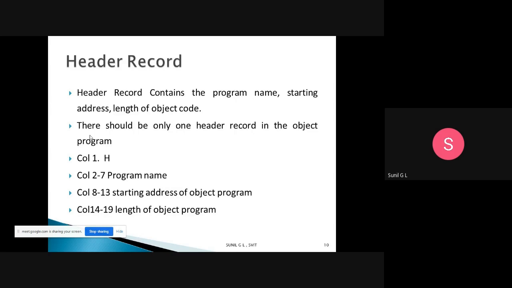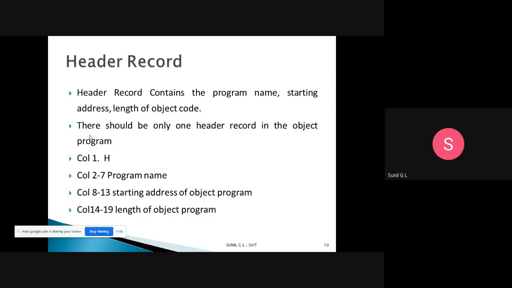So the header record contains three things: program name, starting address, and length of object code. For every object program we will have only one header record. We don't have two or three header records.